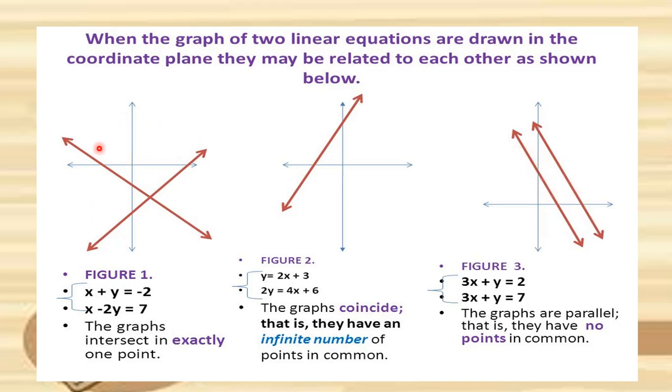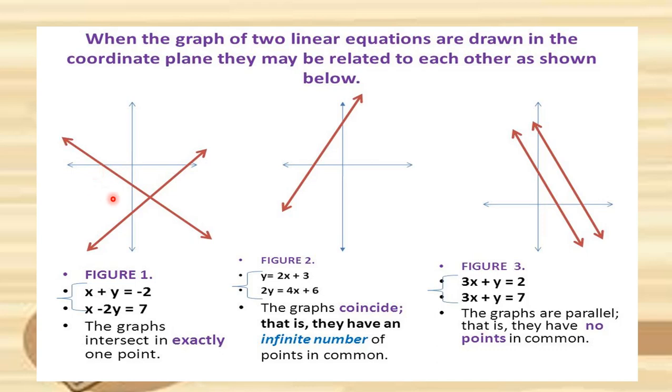So by this we can understand that if the equation lines intersect at one point, that means the equation has a solution, and that is exactly one solution. For coincident lines, we can say there is an infinite number of solutions for the equation lines, or infinite common points also we can say. But when the lines are parallel, there is no common point. That means the equation lines are parallel.